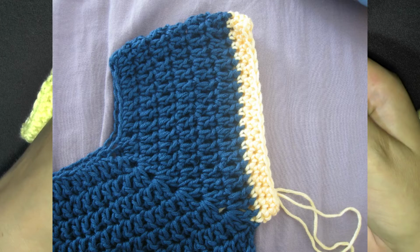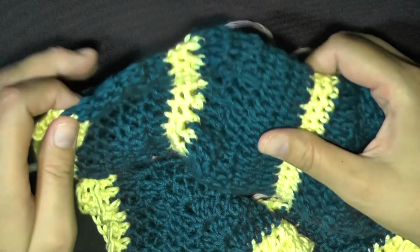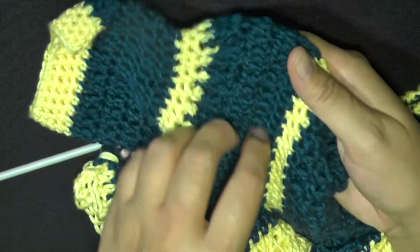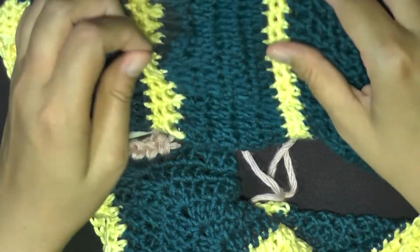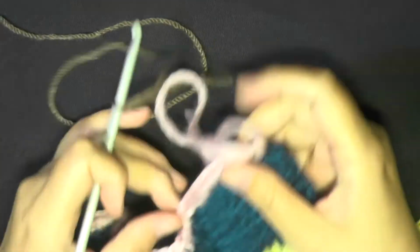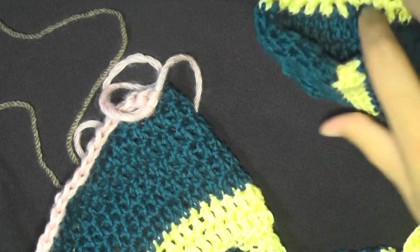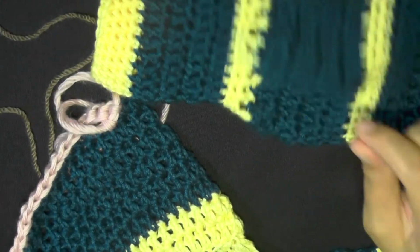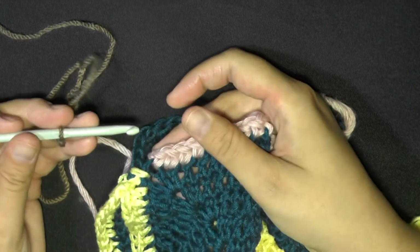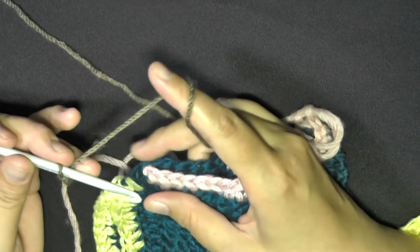rounds of single crochet, and then I'll show you how to get this fluffy sleeve part here. This part is not fluffy, just this first section kind of made it with a poof to it. Okay, so pretend I went around 3 times like I did with my sleeve here, and now you're ready to make this puffy part of the sleeve. So what I did is, of course, I changed my color back to teal, and then I did a double crochet attachment. You don't have to, you can only slip stitch and chain 2,